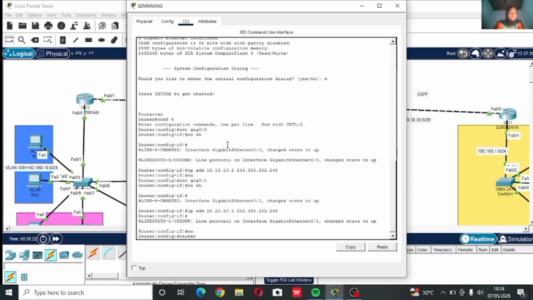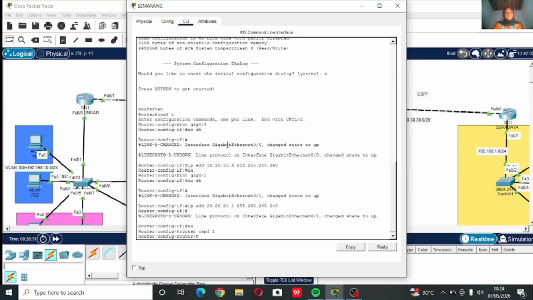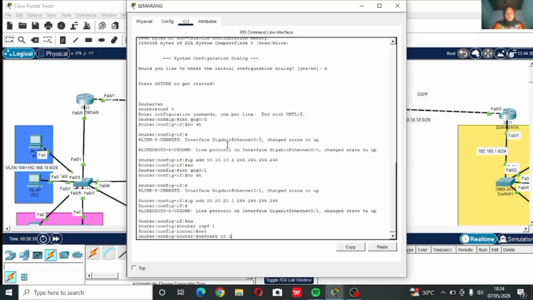Configure the OSPF router on the Semarang router with the same command as the Pekalongan router, with a different network.